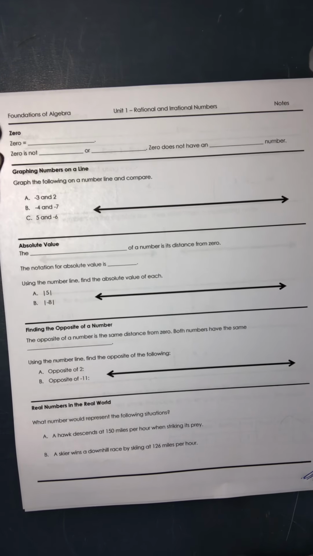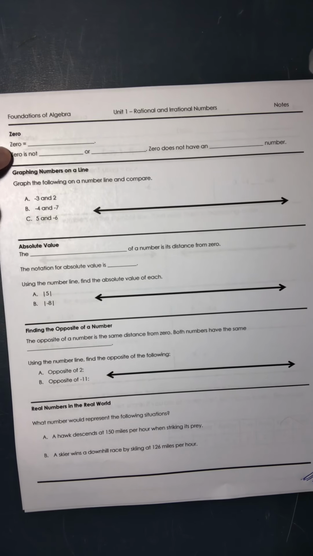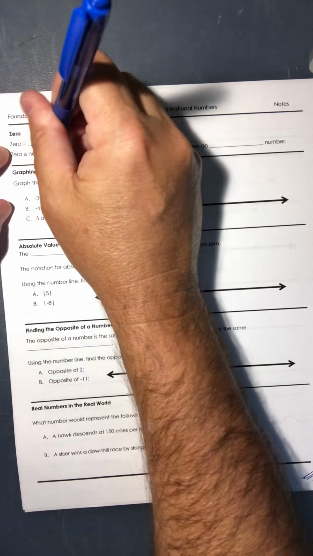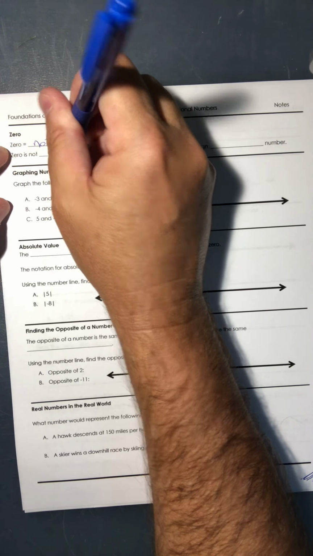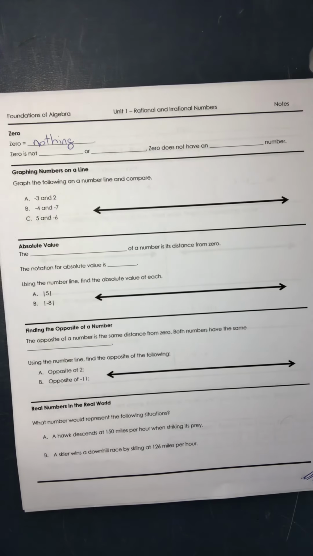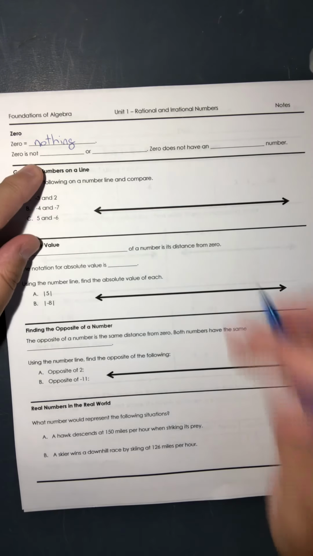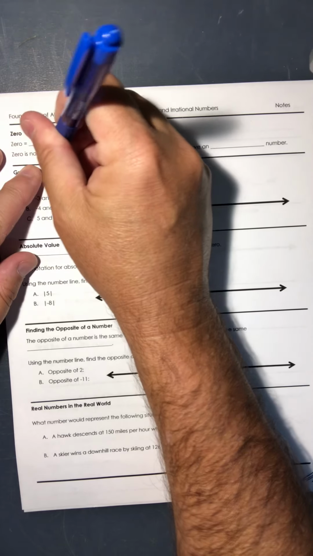So this first section is talking about the number 0. And in math, 0 is equal to nothing. So anytime you see the word nothing, or you need to describe the word 0, it's nothing, or it's equal to 0, all right? So that's plain and simple. But now let's talk about some things we may not know. So 0 is not positive